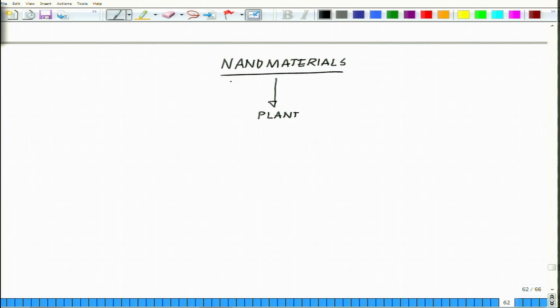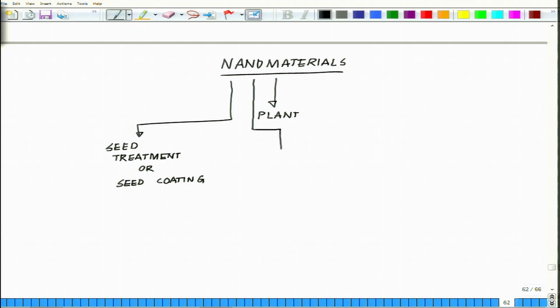As we have discussed, there are different stages where they are used. Either they are used as seed treatment or seed coating is one aspect. The second aspect is mixing in soil